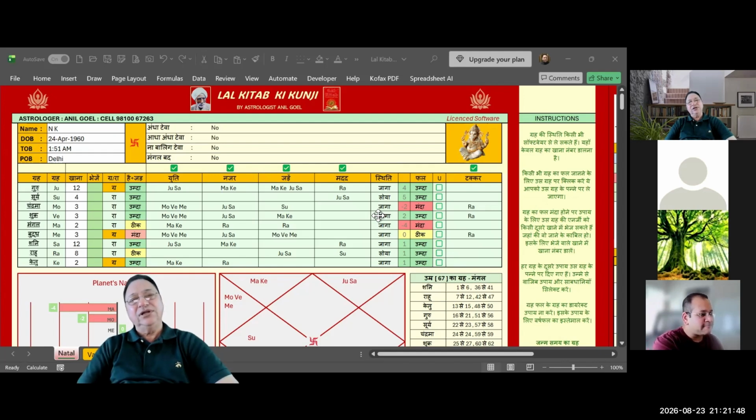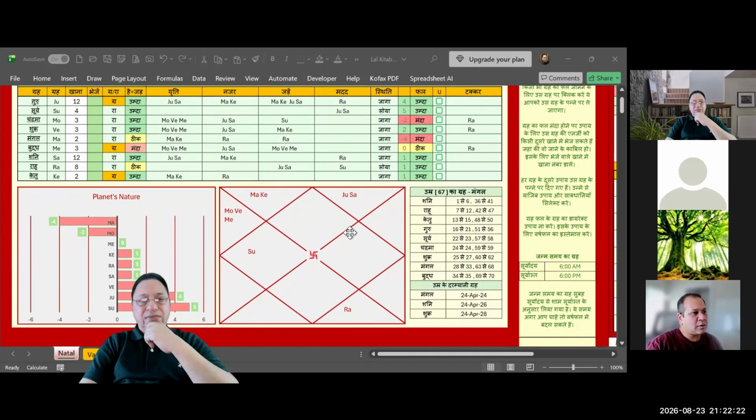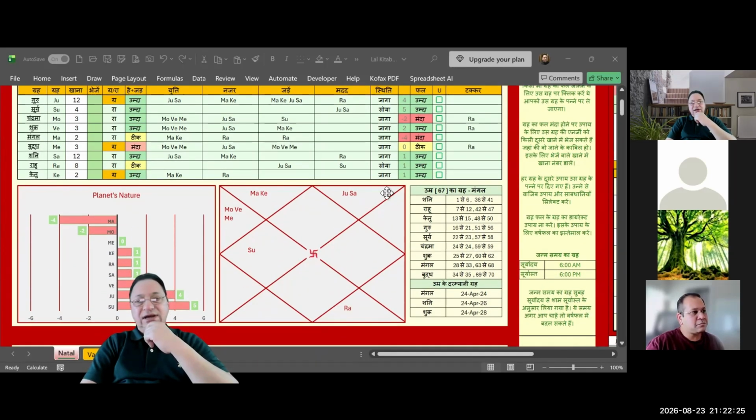That's what I thought. Mostly when you see even the apps, it's very easy to make a chart. You can just fill in the date of birth and time, and any app will give you a chart. But what is missing is how to predict and how to use that chart, and also how to predict or give remedies to the person who is consulting you. This is the kind of chart you will normally get when you use any astrology app,